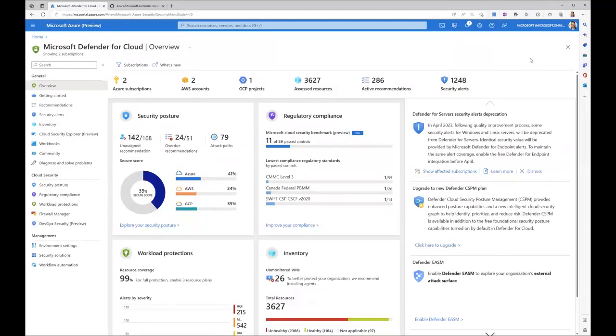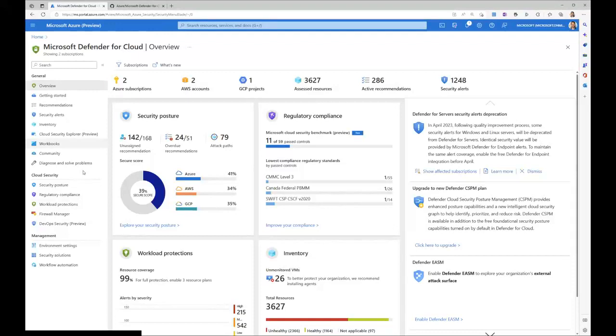Thank you. So what we thought we would do now is switch gears and go over into the Azure portal to really show you how a security engineer can use Defender for Cloud on their day-to-day basis. So what I've done here, I went ahead and logged into Azure and navigated to the Microsoft Defender for Cloud